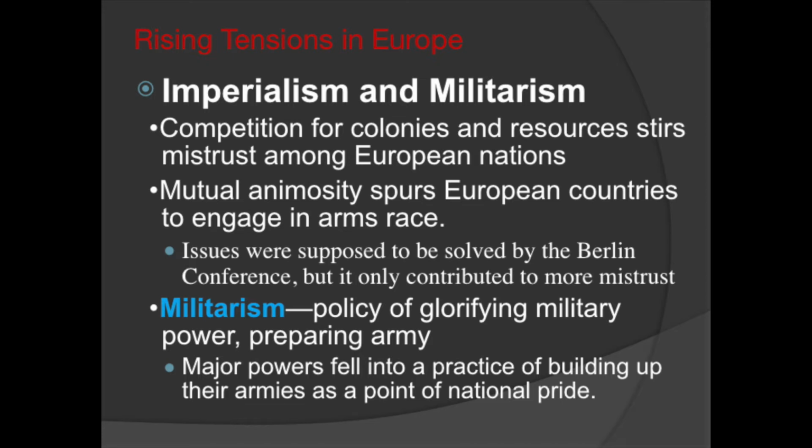Now, nationalism led into and was spurred on by imperialism. Essentially, countries would compete for colonies and resources, and the country with the biggest colonies and the most resources would feel the most superior. But the problem was that this also spurred a mutual animosity between these countries, building these empires, and this would